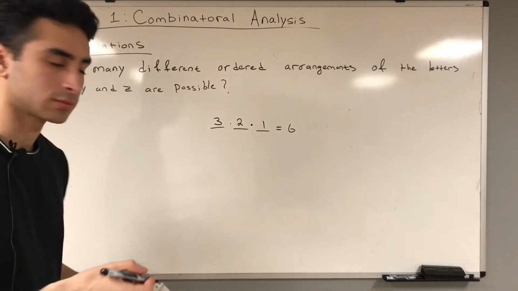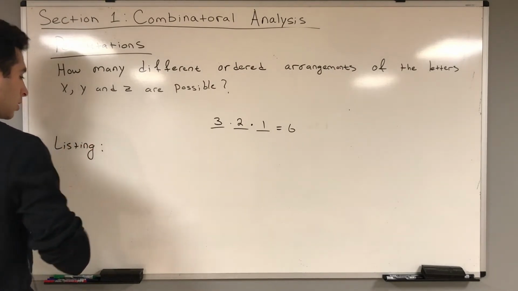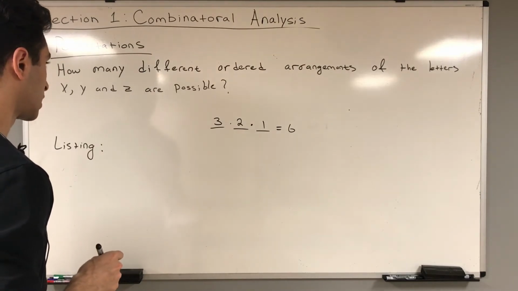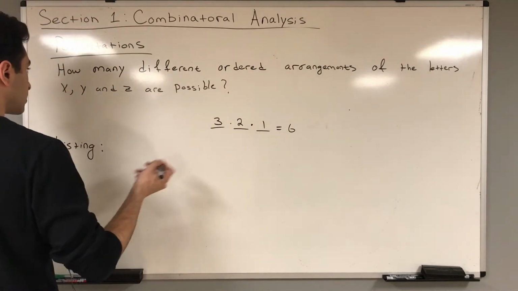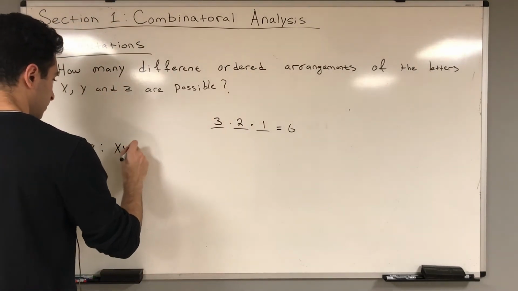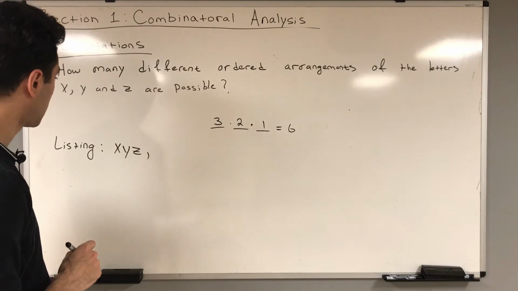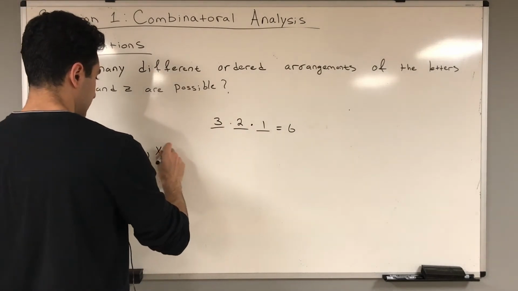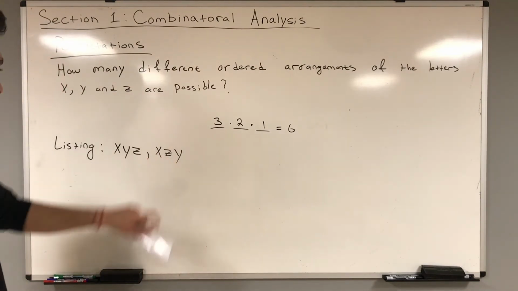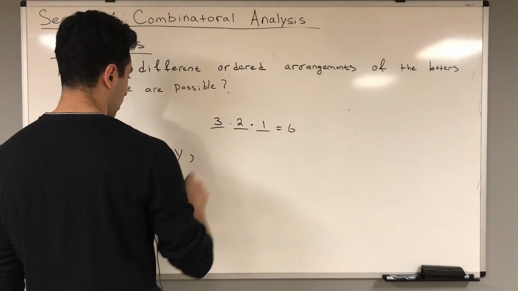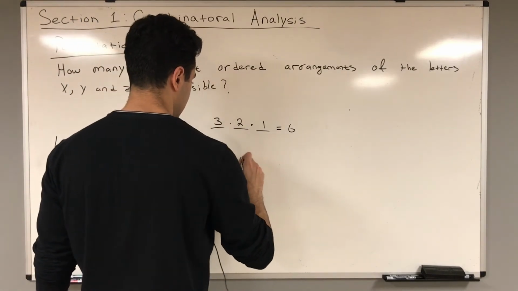Now, let me list it out. Let's list this out. So listing it out, just to illustrate something. So we should get 6 different arrangements, right? So let's do that. Well, the first arrangement is the easiest one, I think, X, Y, Z, right? Okay. Well, what if I could get X, Z, Y, right? These are different. Y, X, Z, Y, Z, X,